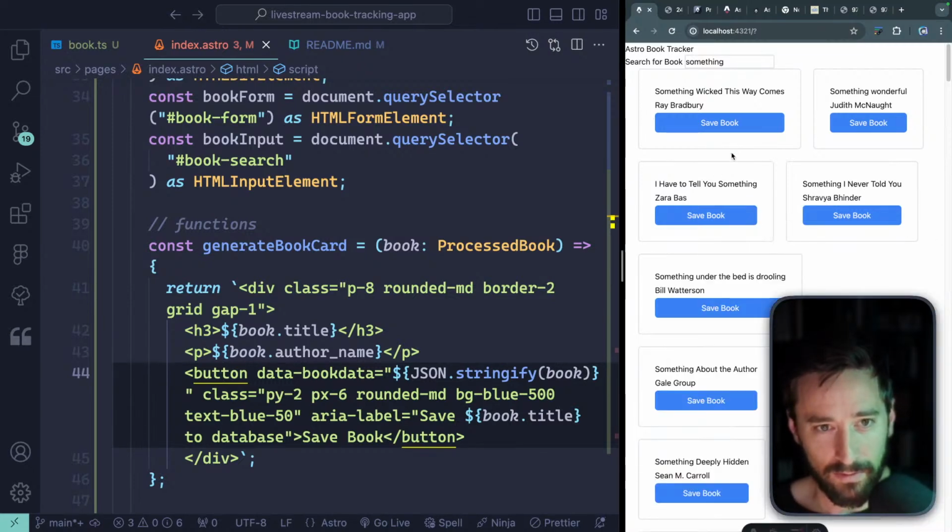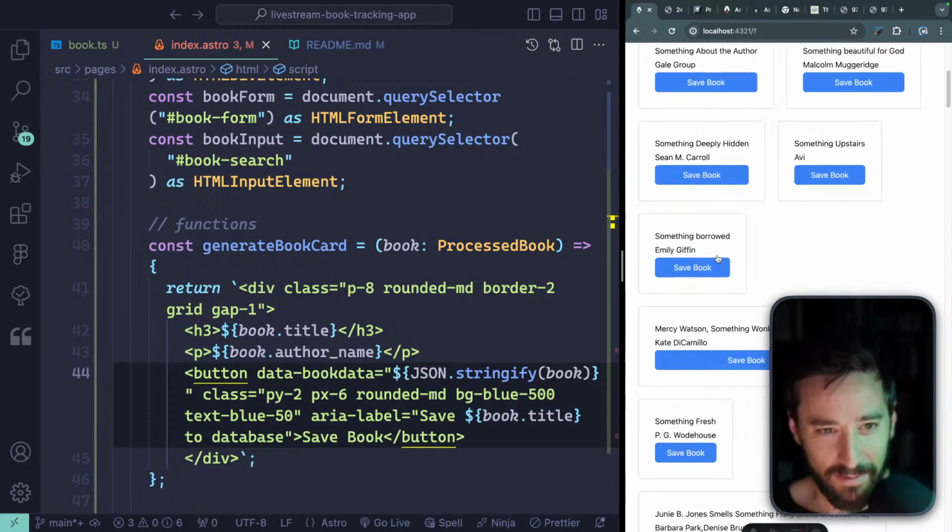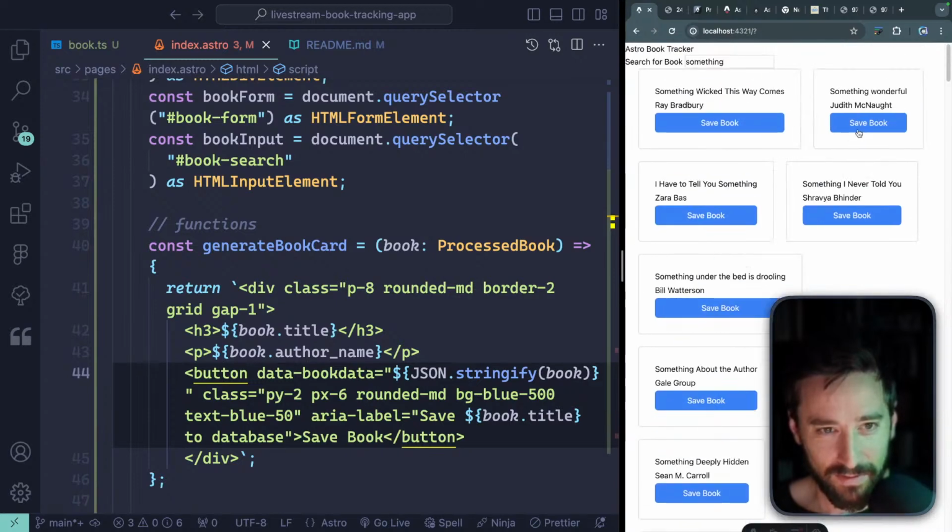I've seen worse things in my time. Maybe I should also limit how many I'm getting back because I don't need this many books. Okay, so